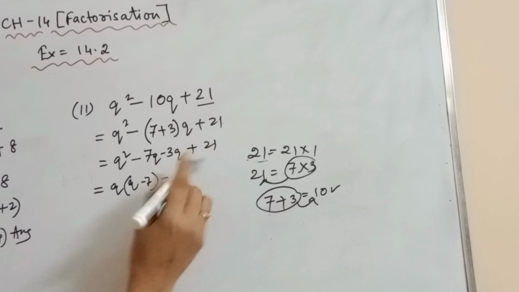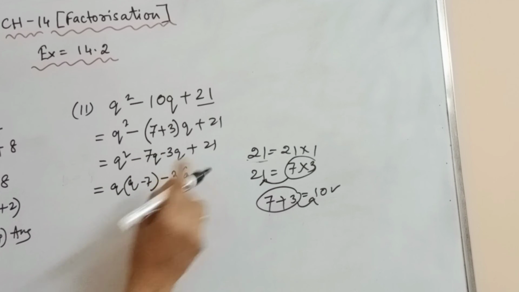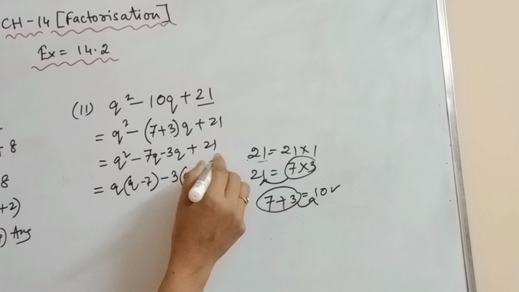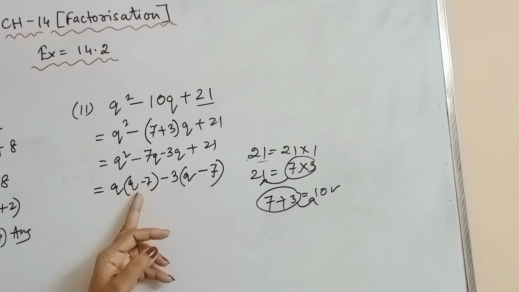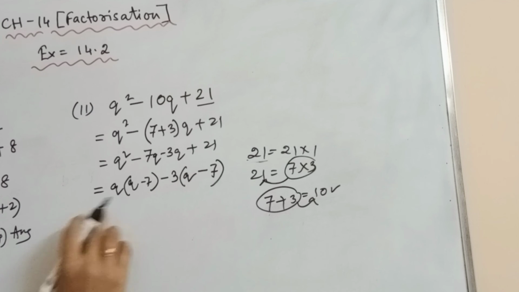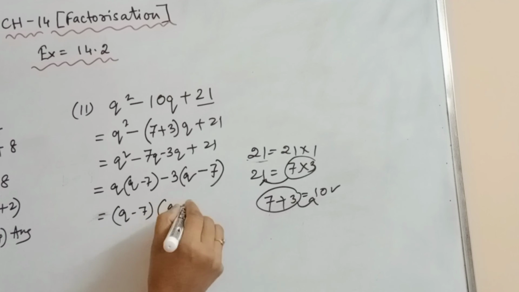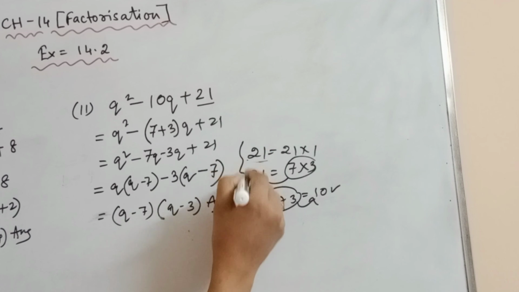And from the next two terms, take 3 as common. So I have taken 3 common, so Q, and minus is outside, so inside it will be minus again, and 3 sevens are 21. You will check that whenever we are taking common, the two common parts will be the same, with their sign and with the numbers, digits, variables, everything the same. So that we can take a second common also. When you are taking this common, Q minus 7, the remaining is Q minus 3, and this is the answer of this sum.